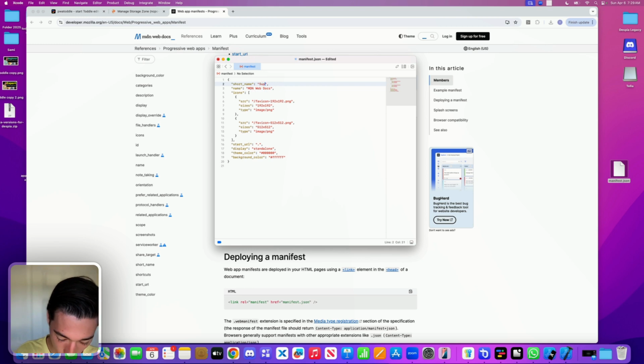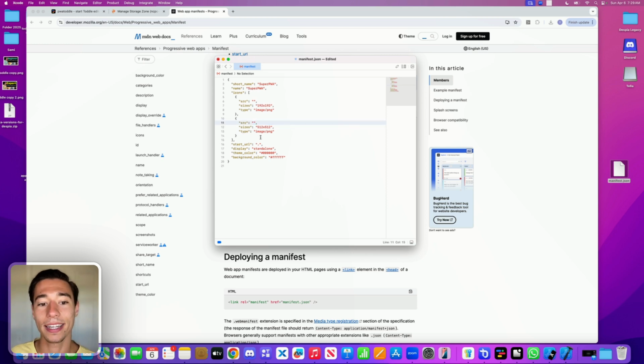So what I want to do is I want to go here and update the short name. Let's call this Super PWA, and then I want to update the name, probably want to have them be the same, and I will do this Super PWA. There you go. Now I need to update the source file, the favicon,